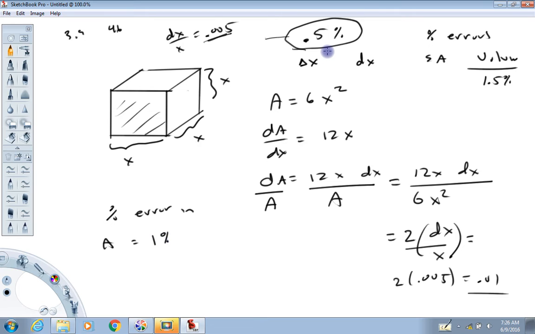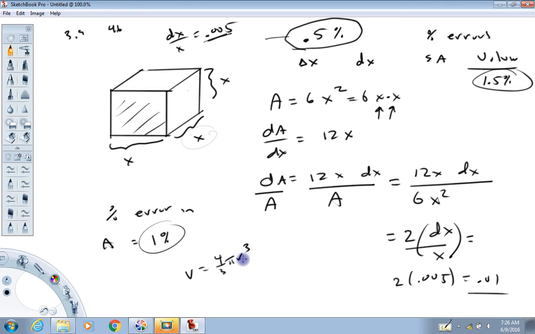So a 0.5% error in the measurement of x is going to give us a 1% error in the area and at least up to a 1.5% error in the volume. Now you might wonder, why are these not the same? Well, here's why. Look at the area calculation. The area has an x squared, so this error effectively is being multiplied. If I think of this as 6x times x, there's error in this x and this x. When you do the volume calculation,